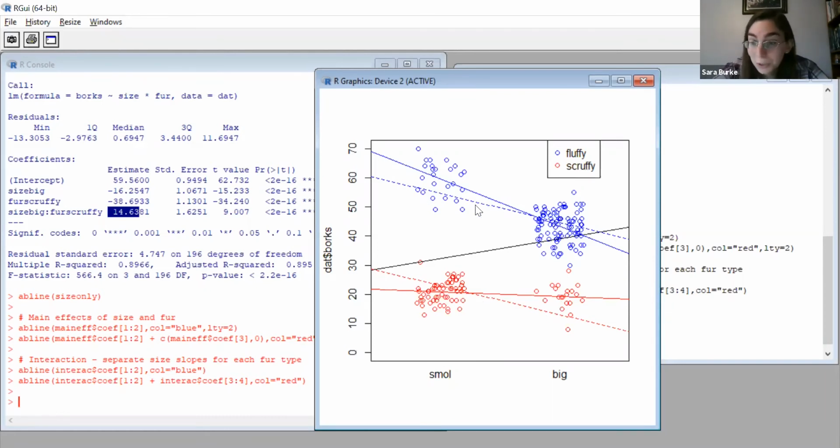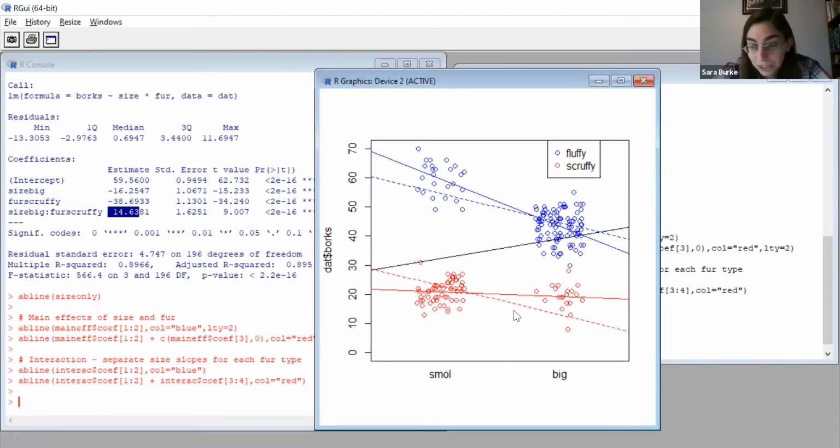The difference has to be equal. It's a simpler model that has a constraint that the difference has to be equal, but we're just allowing the lines to be at different positions. So it's like if you took the solid red line and the solid blue line and you tilted them towards each other until they had exactly the same slope. For the sake of simplicity, you're not going to allow them to be different. So you're coming up with the average slope between these two groups. Sure, it's actually steeper in the blue group than the red group, but the dotted lines give you an average of